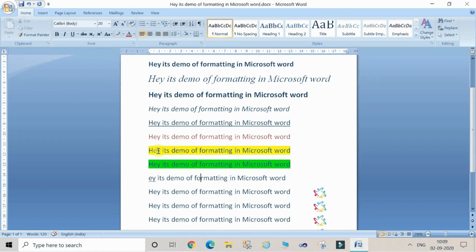For this you have to just select the line of which you want to copy the formatting, then click on the format painter and drag over the next line. The same formatting will apply on that line. Okay,